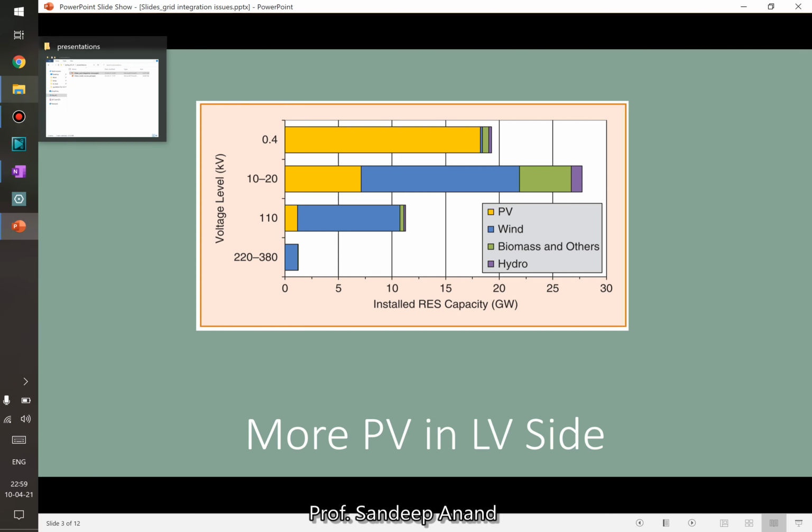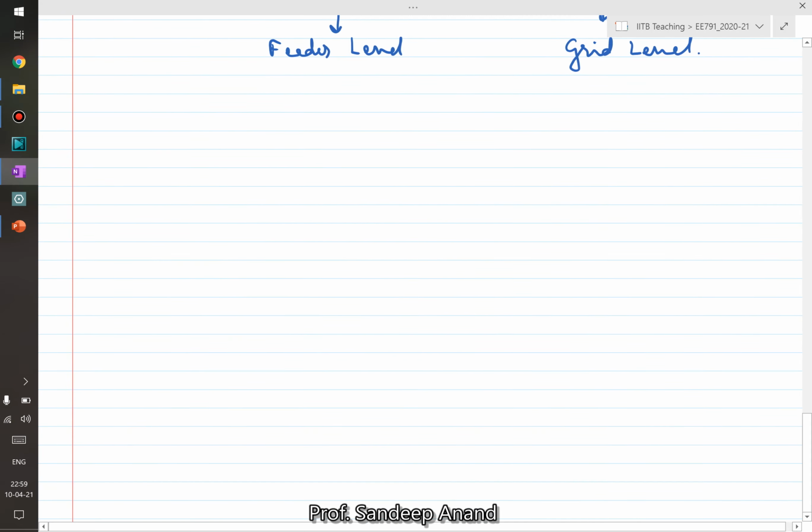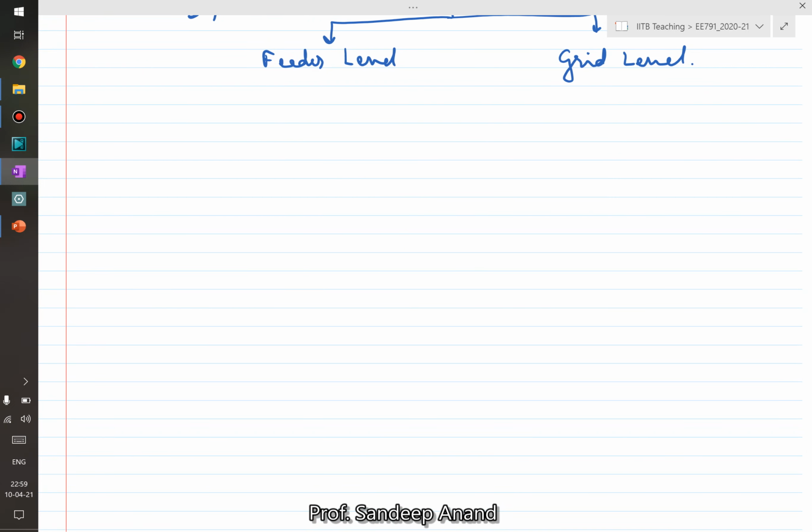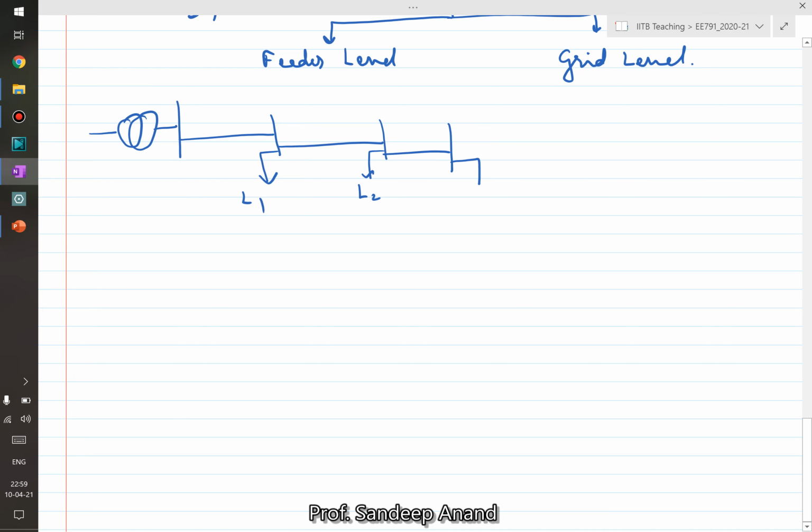Now, if you see a feeder, let's say this is a transformer which is feeding a feeder where there is some load L1, L2, and there is some generation happening here, which is solar photovoltaic 1, right? Now, if you see at this point, at the substation level, and you monitor the power here,